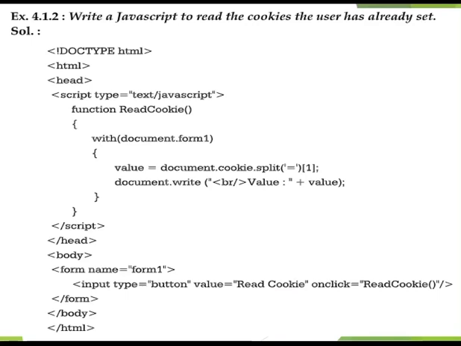So plus value is your variable value. Inside the variable value, you will get what? The value of the cookie, that is array 1. So it will retrieve whatever is the value of the cookie, that is, we had set it to Anand. So it will retrieve value is to Anand. So this is how we read a cookie. That is, we retrieve the value of a cookie over here. Okay. Now let's move on to the next slide.